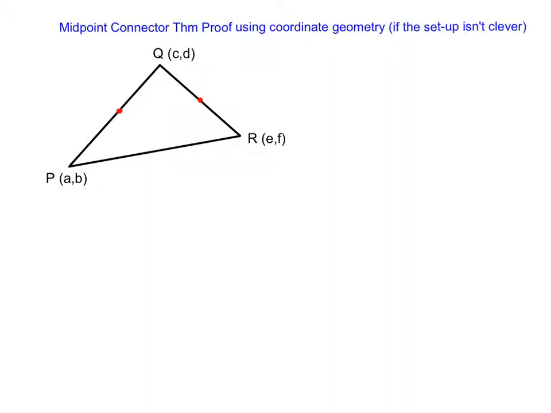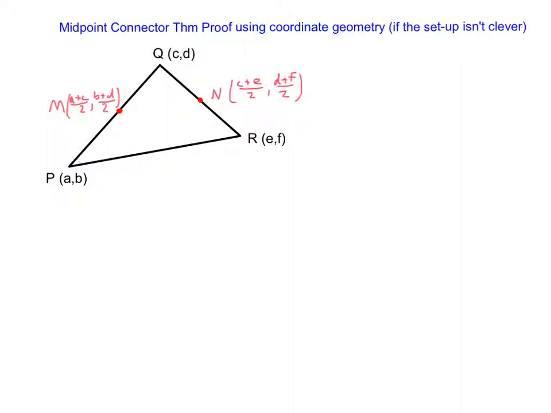Hello there. In this video we're going to reprove the midpoint connector theorem using coordinate geometry, but the setup's not going to be clever, so this here is going to be at some arbitrary point A, B, and these are also at arbitrary points. There's actually a much cleaner way to do this, which I think was assigned in the homework. Midpoint connector theorem has to do with connecting midpoints, so I'm going to get the midpoints at these two locations. Remember that the midpoints are found by averaging the x and y coordinates, and I wind up with that